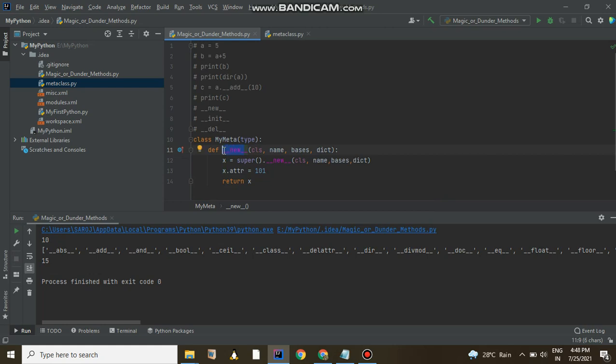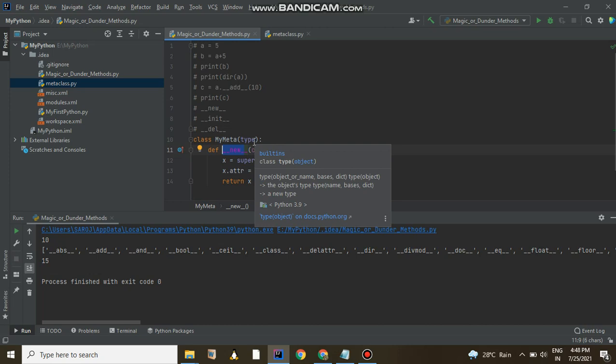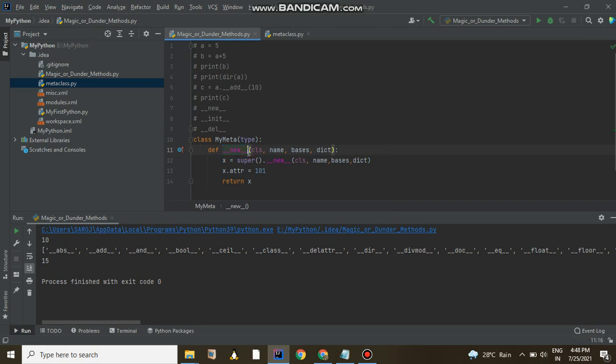If you are creating a class, by default the instantiation follows the new method of type. But here I am reconstructing those things and adding one attribute to it.